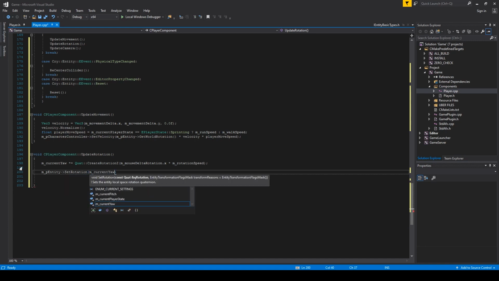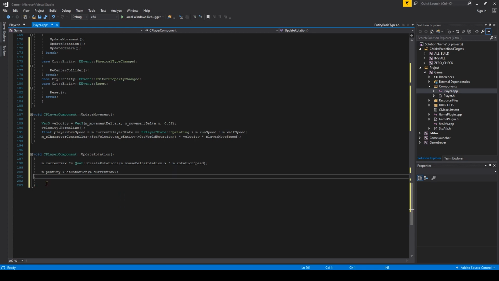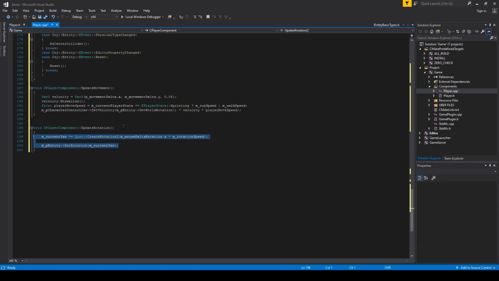And that's going to be it for the update rotation. So it's much shorter and much easier to approach than our existing rotation, which again, at the time, served us duly well, but we also want to keep refining as we go. So let's move on down here to the update camera, void CPlayerComponent::UpdateCamera, and we'll create a scope